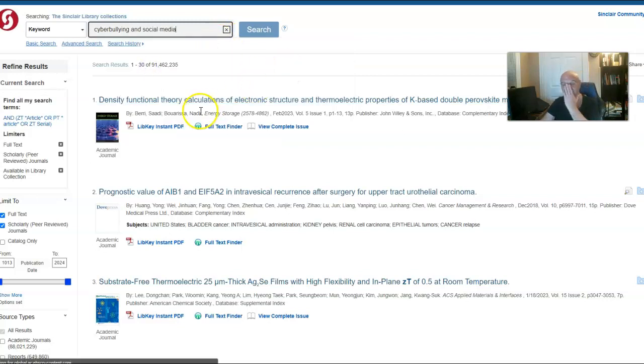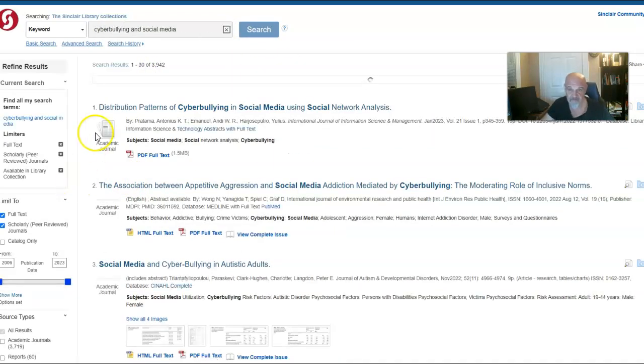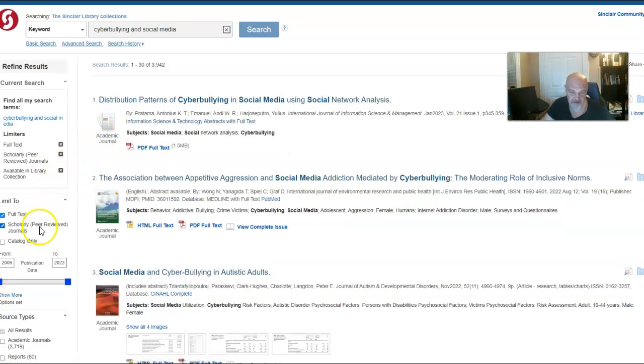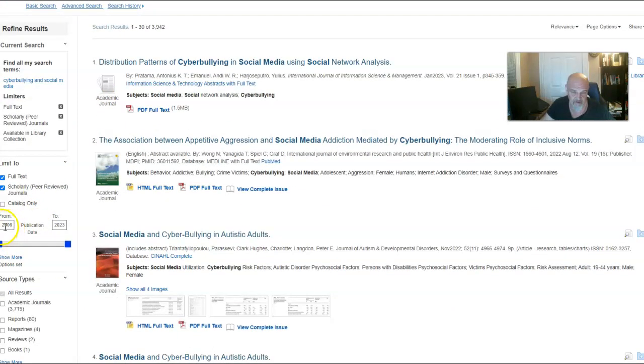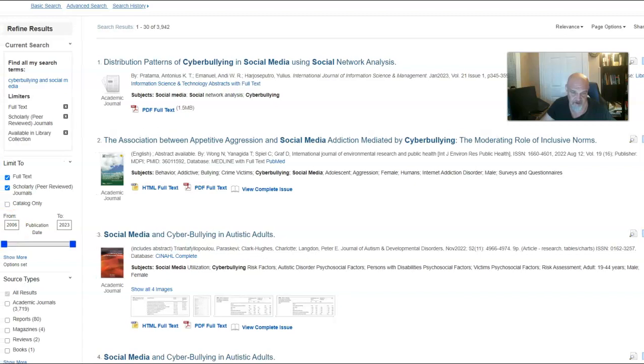Now, there's some other things that you can do too, right? Before you get down here, notice down here there's a date. You got full text and you got scholarly. The library knows that you know how to do this. But I think 2006 is pretty early. So let's click in